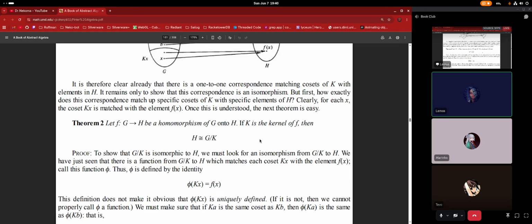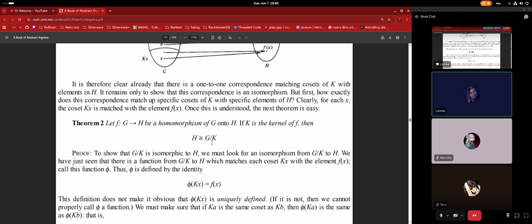Oh, okay, no, it is related to homomorphisms. My bad. It is related. F, the kernel of F is the set K of all elements of G. So it's related to these G elements here. My bad. Okay, so the proof now, to show that, well, if K is the kernel of F, then